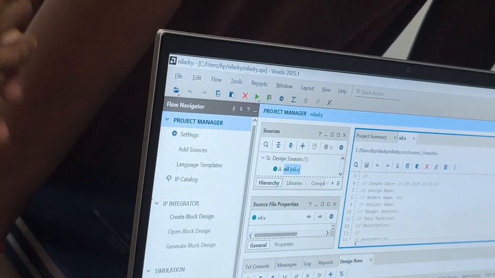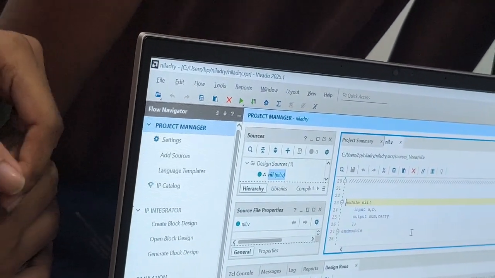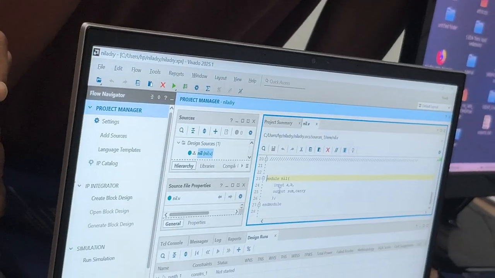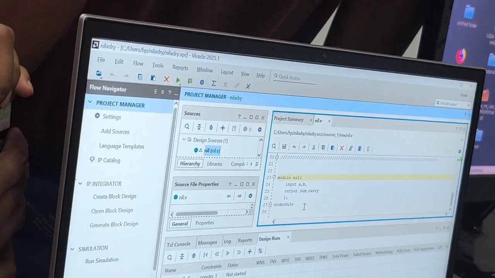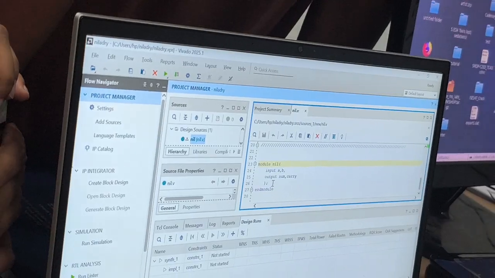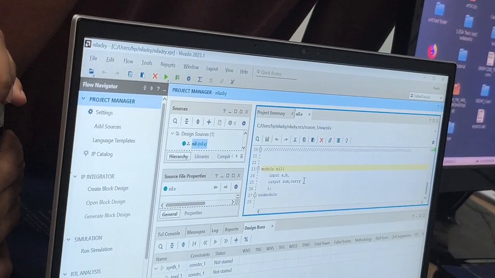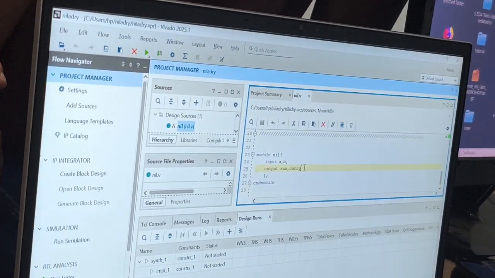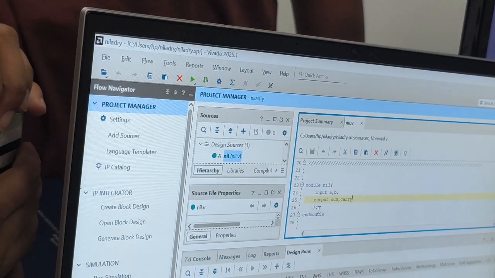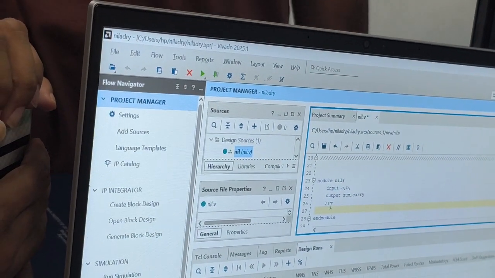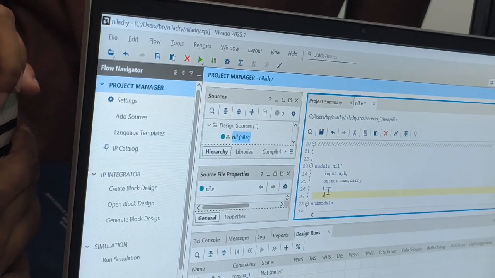So in here this much code will be automatically written. Module name, suppose it is for half adder. So in module, after this module name, you assign